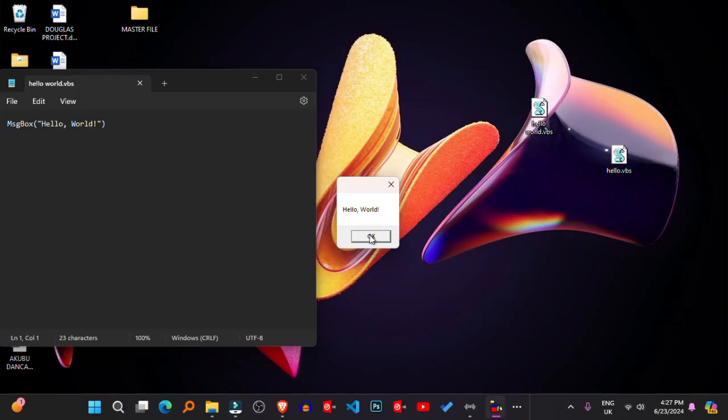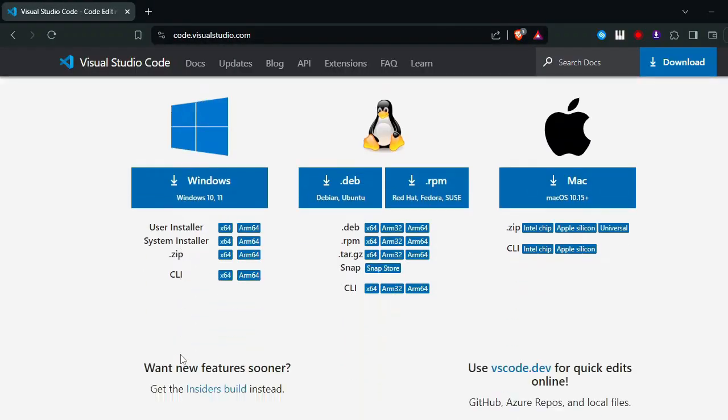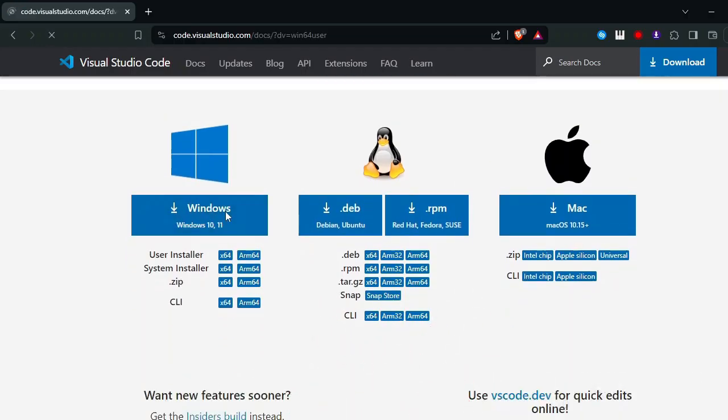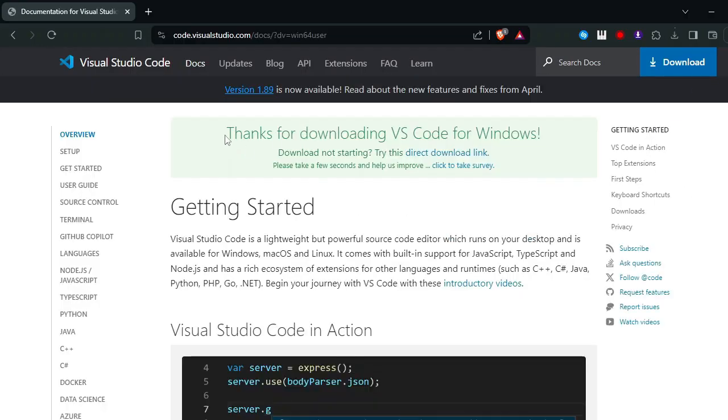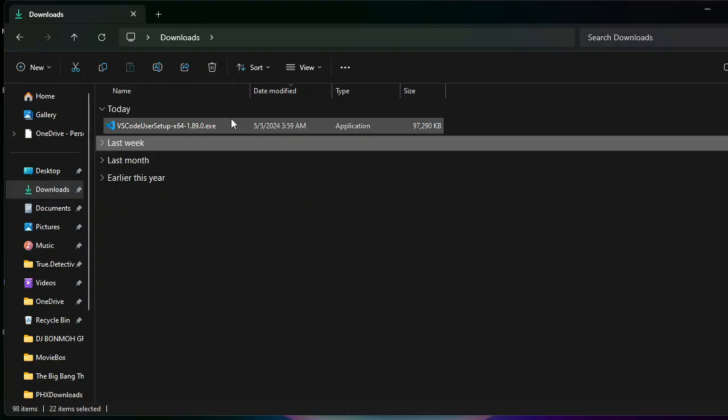Using VBScript in Visual Studio Code, optional. If you prefer using Visual Studio Code, VS Code, for editing and managing your scripts, you can follow these steps. 1. Install Visual Studio Code. If you haven't already, download and install Visual Studio Code from the official website,